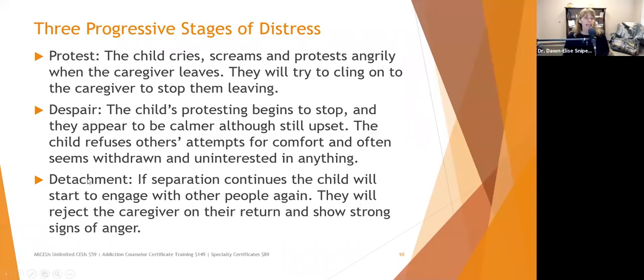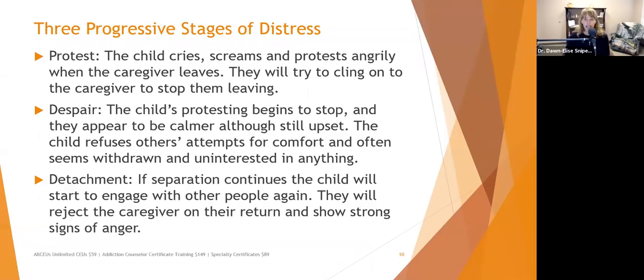3 progressive stages of distress. Now, typically we talk about this with children, but you can parallel what adults would do. There's the protest stage. The child cries, screams, and protests angrily when the caregiver leaves. They will try to cling on to the caregiver to stop them leaving. Now, in adult relationships, we don't typically protest quite this much. However, when a relationship breaks up, for example, that can be another